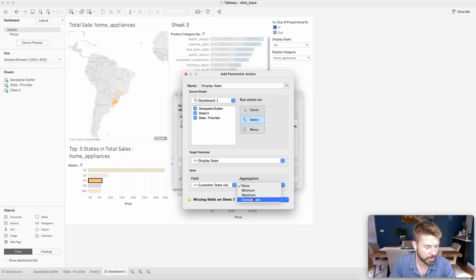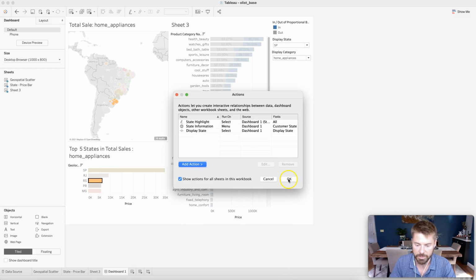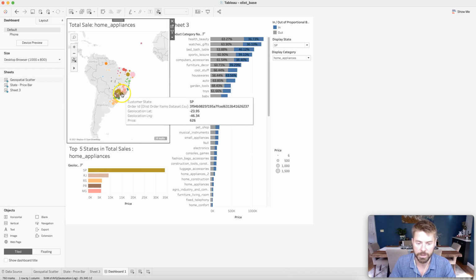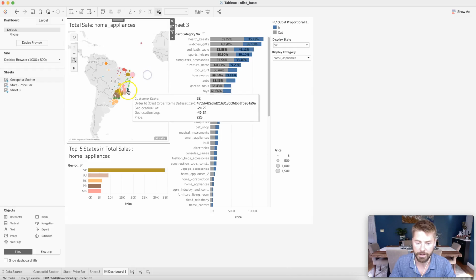I think this is a tricky one. I think this is true. Let me hit OK here. I ran into this problem and it took me forever to debug. Okay, so how will I know if this is working? If I hit Sao Paulo, it should work. If I hit